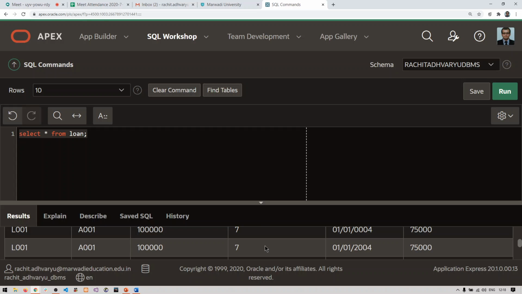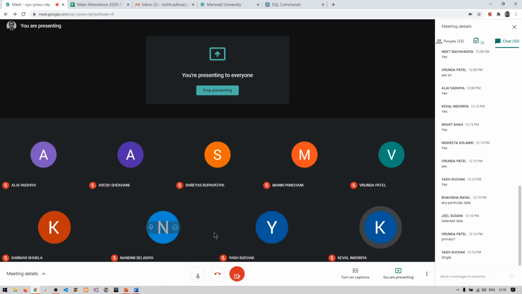Though the first 3 or 4 values are the same, if one value is different in the complete row on comparison, then we can say that row is a different, unique row. So that is my target: I want to fetch and display only different rows, not the repeated rows, only the unique rows. Is this clear about what I want to do, everyone?